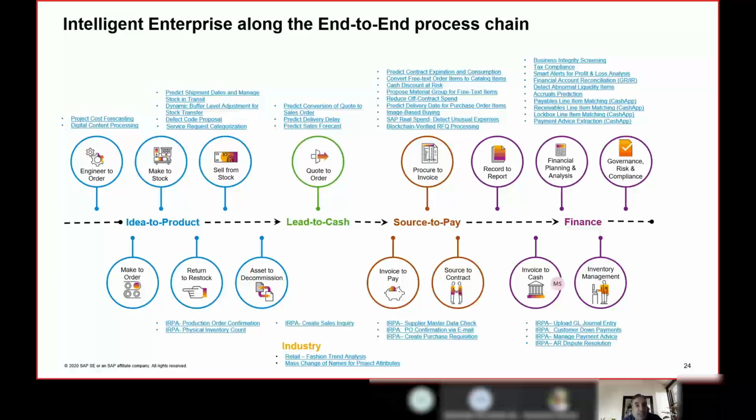So customers can leverage these business scenarios and make them more intelligent by adopting these products or innovations delivered by SAP. In true sense, this will make the end-to-end business scenarios much more efficient for our customers so that they can deliver a best-in-class product to their customers.